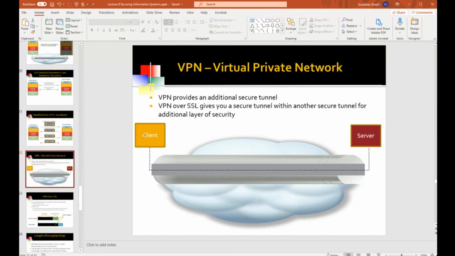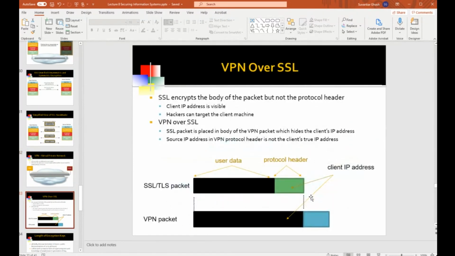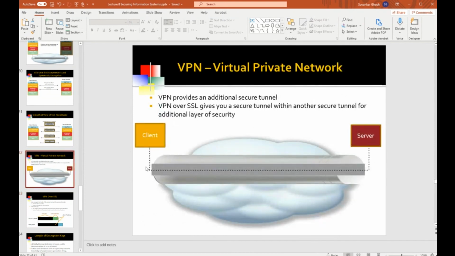So the packets being sent by the client that are now put inside this outer encapsulating packet, the outer encapsulating packet will have as its source and destination addresses the source IP address of the originating point of the VPN tunnel, and the destination IP address corresponds to the terminating end of the VPN tunnel.